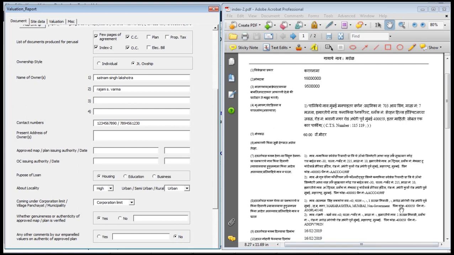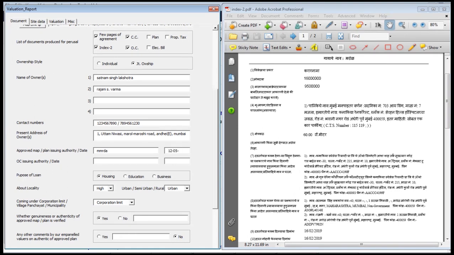Here we have to write the present address of the owner. Here we will write the name of the authority who sanctioned the plan, and here the date of approval.